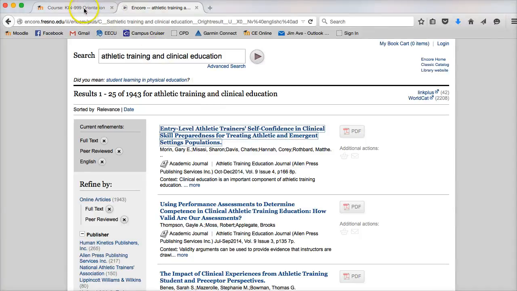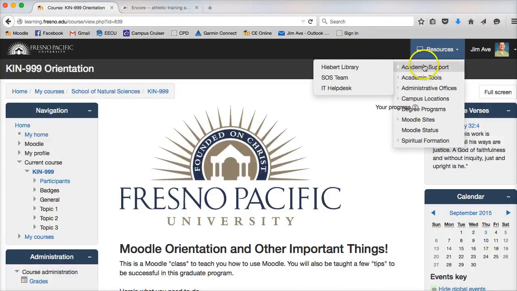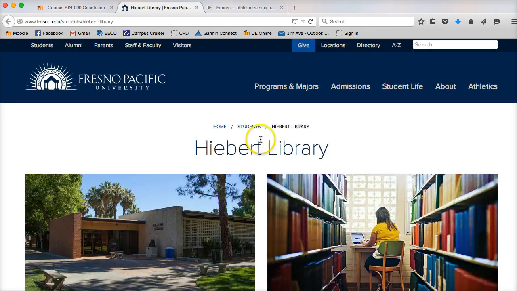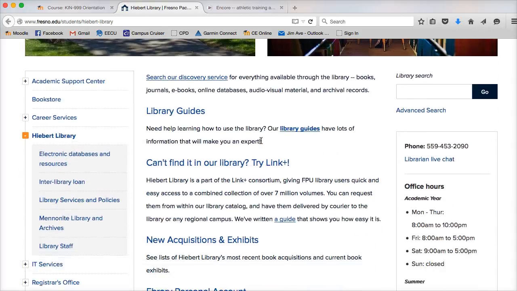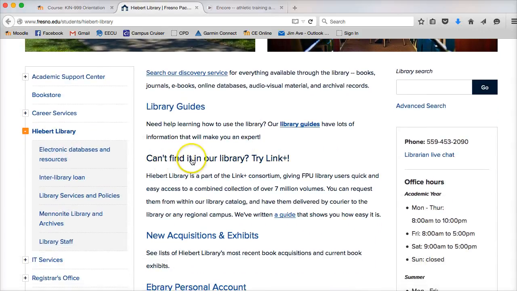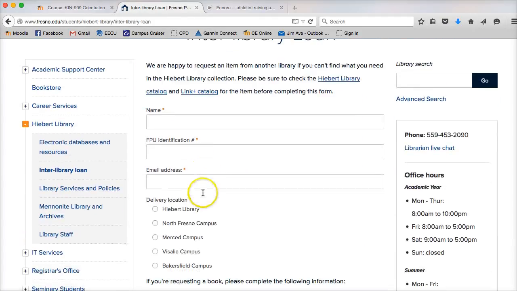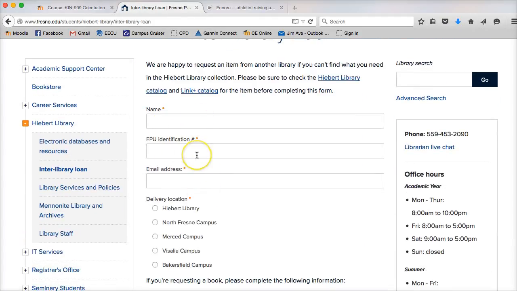Now I'm going to show you one other thing. I go back to the main Hebert Library page. Right here it says, can't find it in our library. If you try to find an article, and for whatever reason you can't find it, you can try it this way, or you can go to Interlibrary Loan. And the nice thing is, you put your name in, your FPU ID, which you should be able to find in your